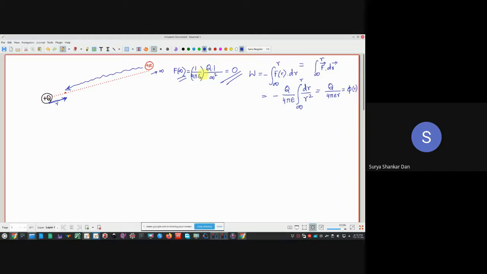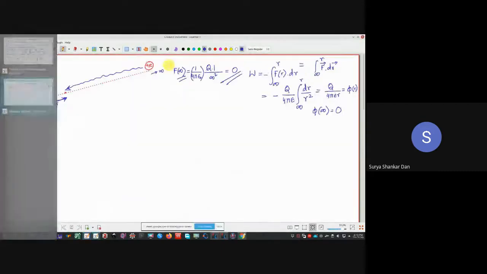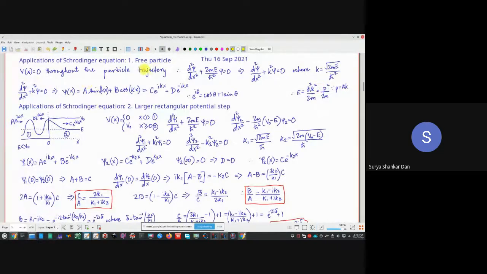So now the point is, this is basically plus 2 level physics. I mean, there is nothing new about it. So again, if you notice, phi at infinity is also going to be 0 because r is in the denominator. Clear? So whenever we are speaking about infinity, that means it is away from any other forces. So whenever we are speaking about a free particle, it means that it is at infinity. So this is basically the electrostatics which we have studied in our Resnick Halliday, H.C. Verma, that standard.